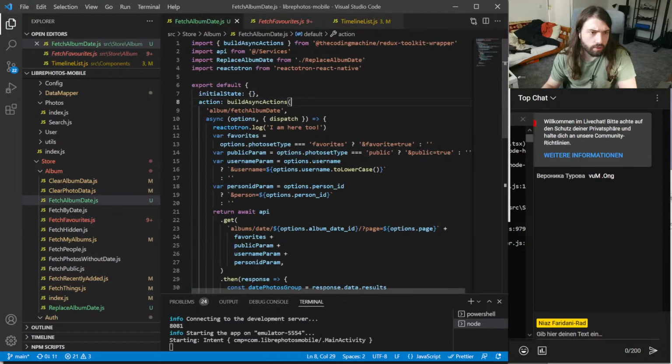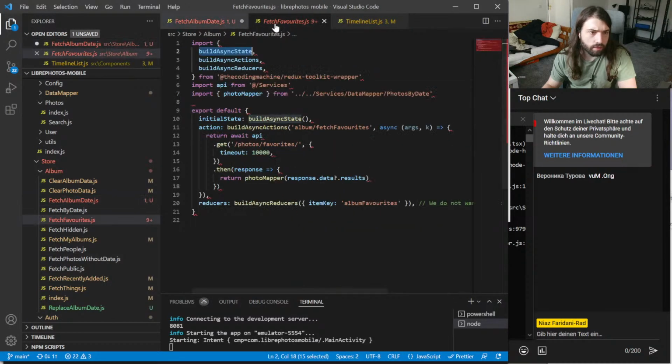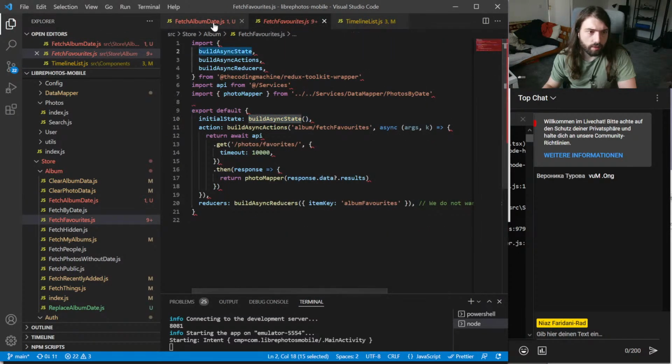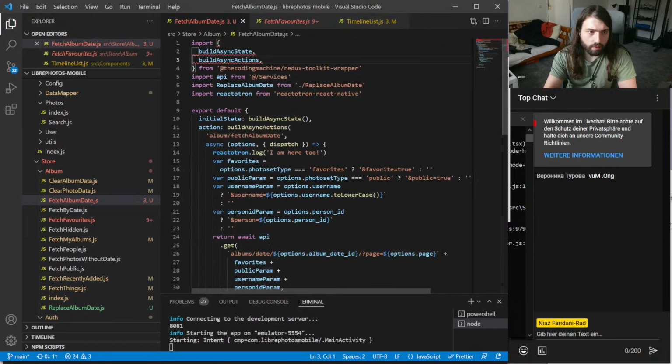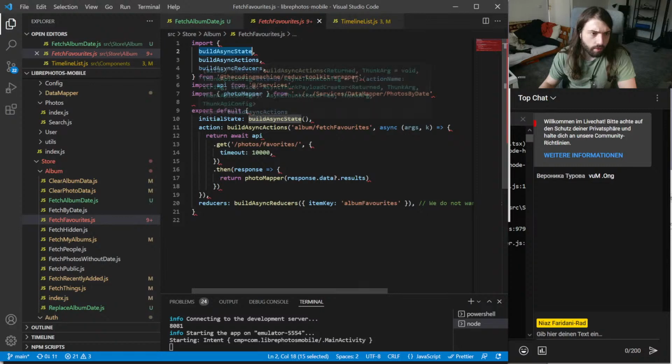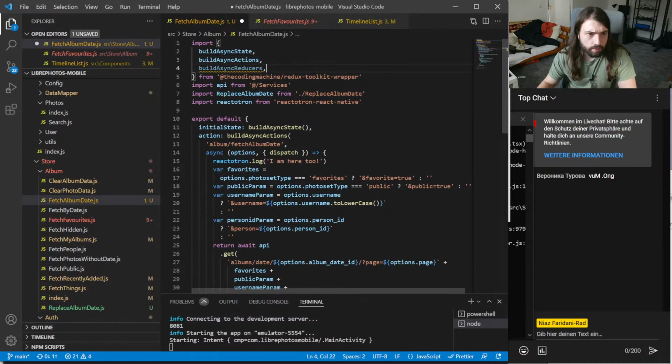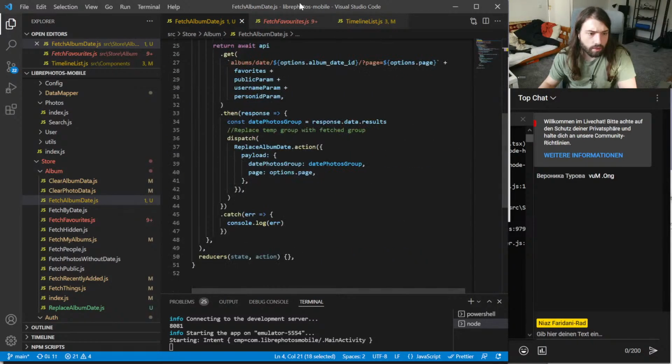So let's also use that, I guess. I still don't understand what Redux toolkit wrapper does, right? So still really intransparent to me. Right, let's pick that, put that here. And then we have build async reduces. So I have to also do that. Then we put that down there.